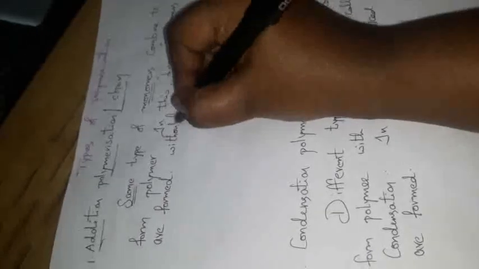By taking the same type of monomers and combining them to form a polymer. In this you have to take the same type of monomers. Here monomers should be combined to form a polymer. What type of polymers can be formed here? Linear polymers. The important thing is that monomers combine to form a polymer without any elimination. Here there is no elimination. So let's see how the monomers combine to form a polymer in the addition reaction.